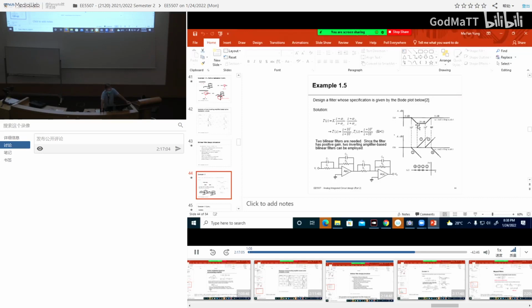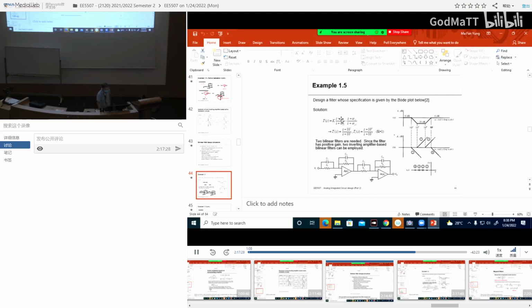Then, after it drops, it becomes flat. That means one more zero here. After it goes up again, there must be one more zero here. And then flat, one more pole here. So, looks like this is a 2-pole and 2-zero system. Alright? 2-pole, 2-zero. So straight away we write,